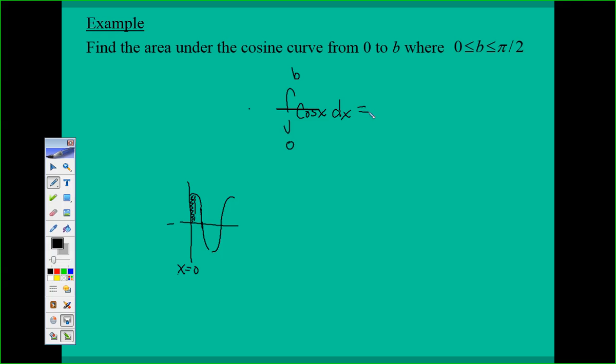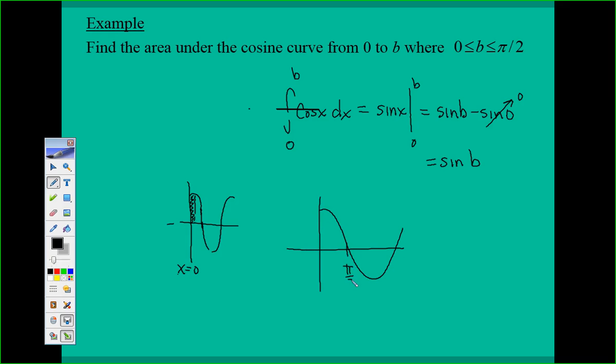So the antiderivative of cosine is sine. We're going to evaluate that from 0 to b. So we would get, applying the fundamental theorem, the sine of b minus the sine of 0. Now we know the sine of 0 is 0. So we get the sine of b. And again, what we're looking at is this expression right here